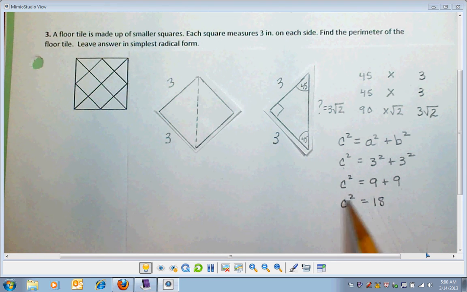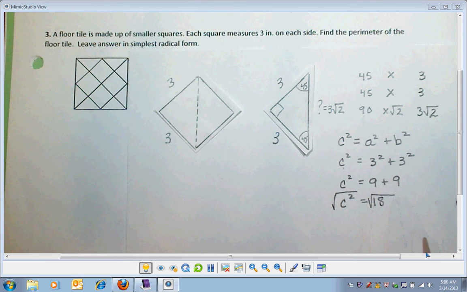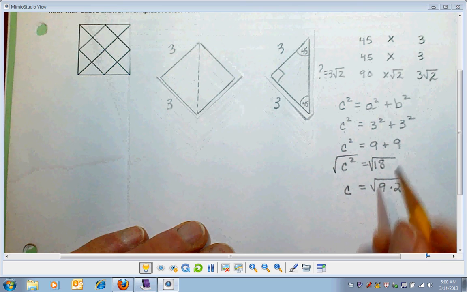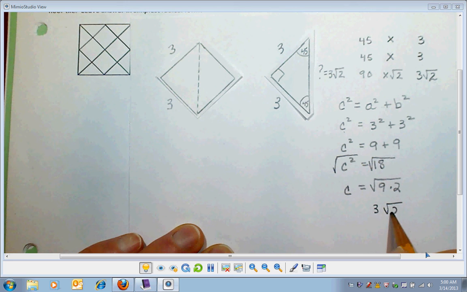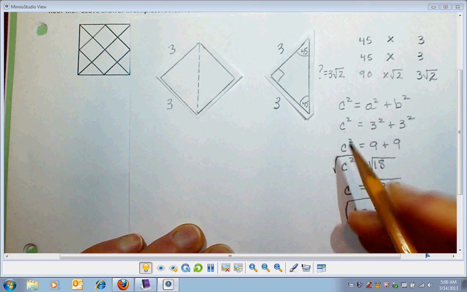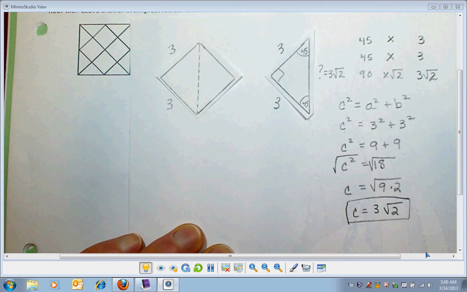So I have to take the square root of both sides, and because I'm looking for distance, I'm only taking the positive. So that means that c is equal to the square root of 18, which is the same as the square root of 9 times 2, and the square root of 9 is 3. Square root of 2 is the square root of 2. So c is equal to 3 square root of 2. So either way I get the same answer. All depends on how you want to